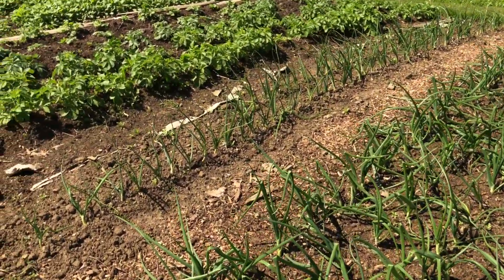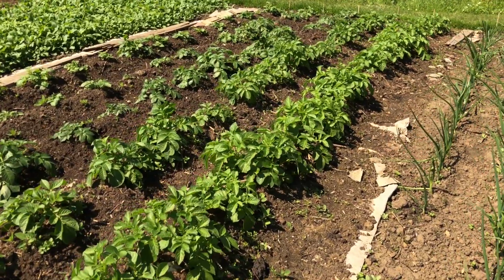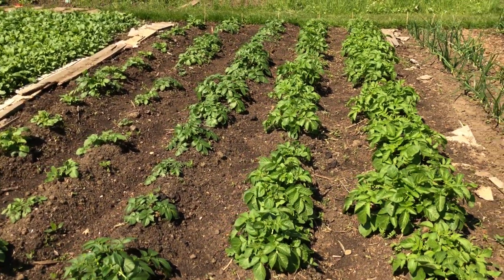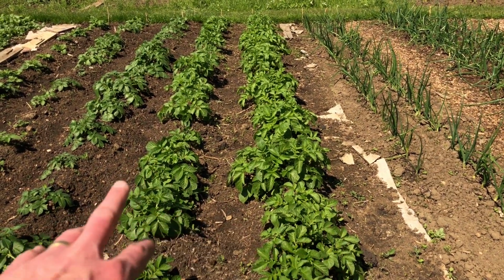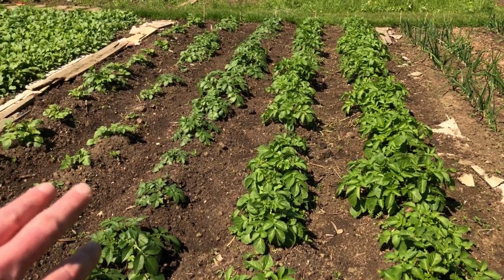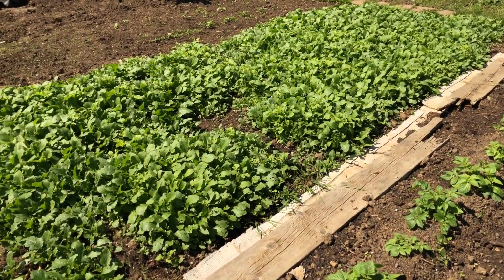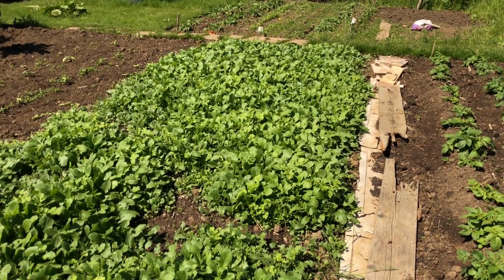The onions are looking great. Potatoes looking fantastic, but they're at that point where they do need earthing up now, all 5 rows of them. And if you remember, these are the extra earlies, these are the first earlies, and then these are the main crops. This is the caliante, the mustard caliante that I put in as a soil improver,